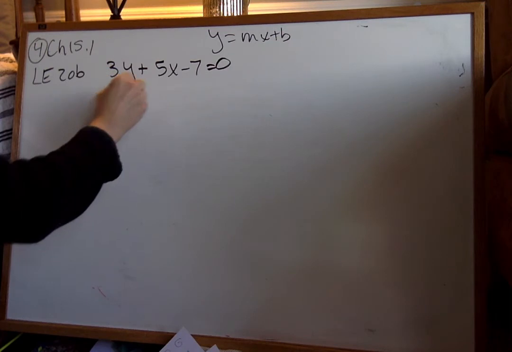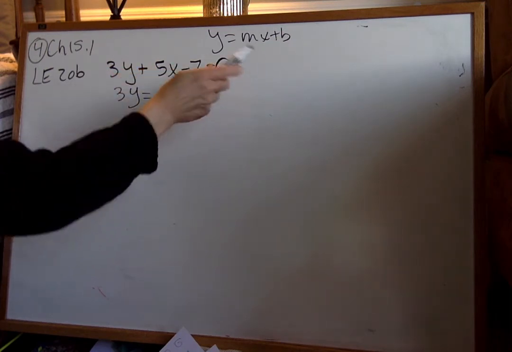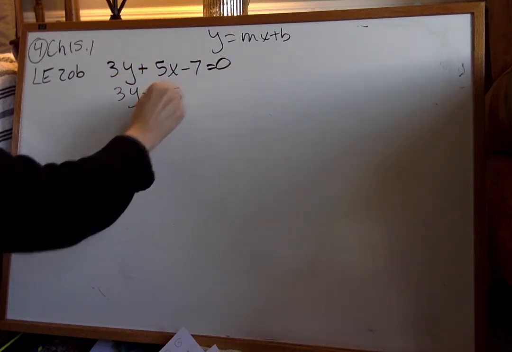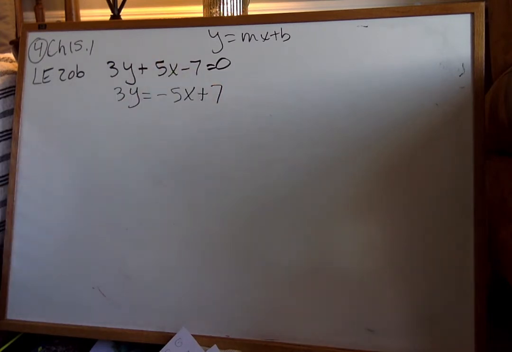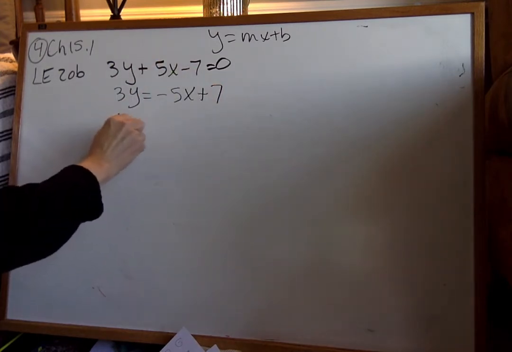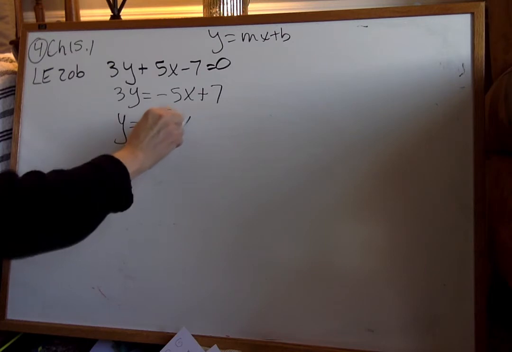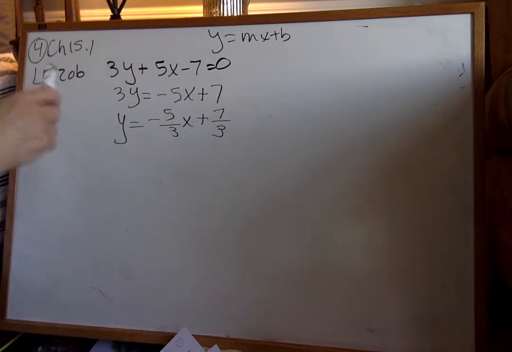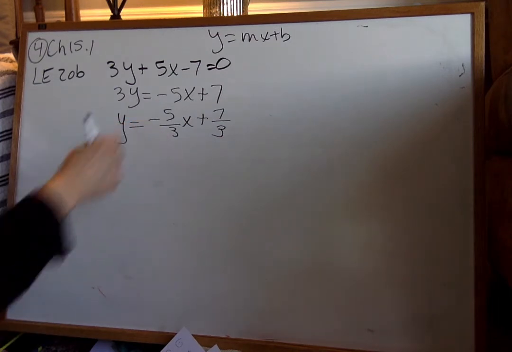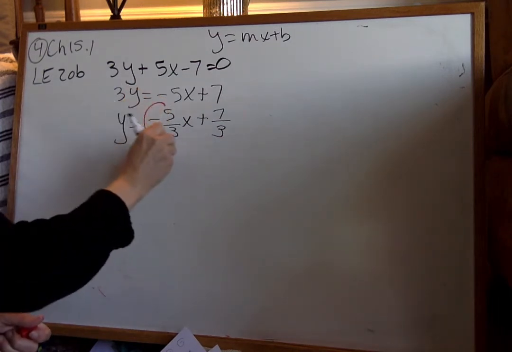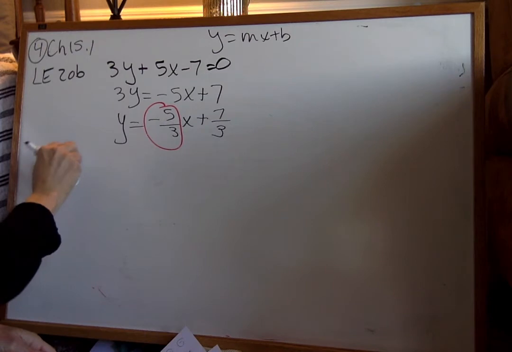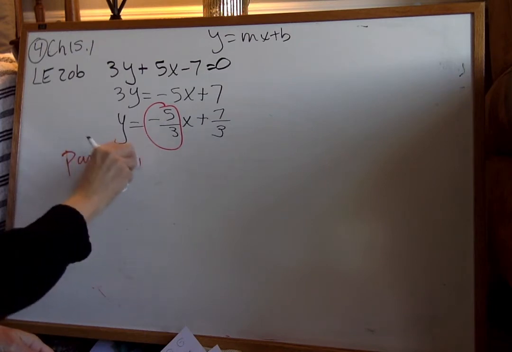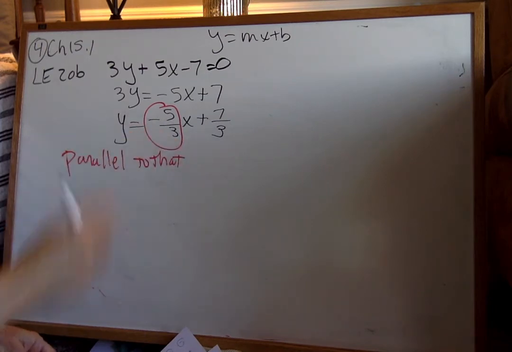So 3y equals, I'm just going to move all that over, minus 5x plus 7. So y equals minus 5/3 x plus 7/3. Now I can see this is the slope, right? So I needed something parallel to that. Parallel does mean same slope,